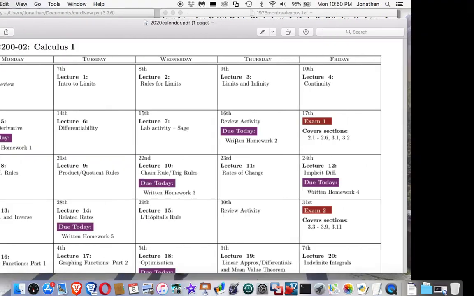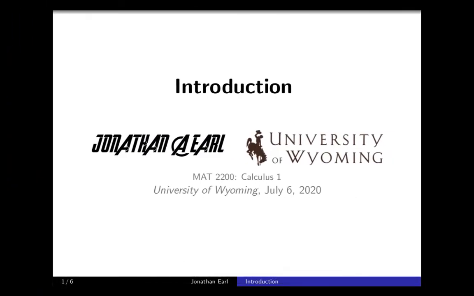Okay, so with those things out of the way, I think we can get into a very brief algebra review. So just review some of the rules for working with various mathematical objects.